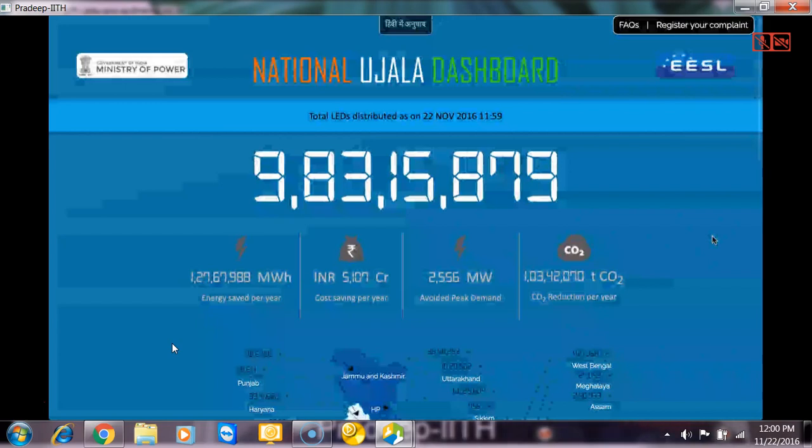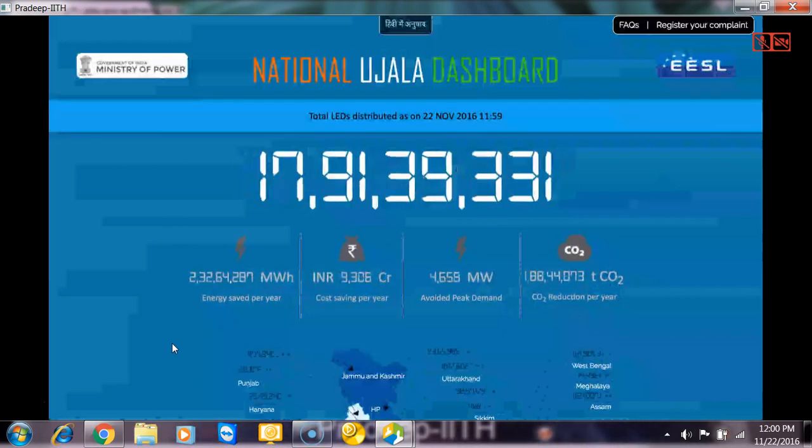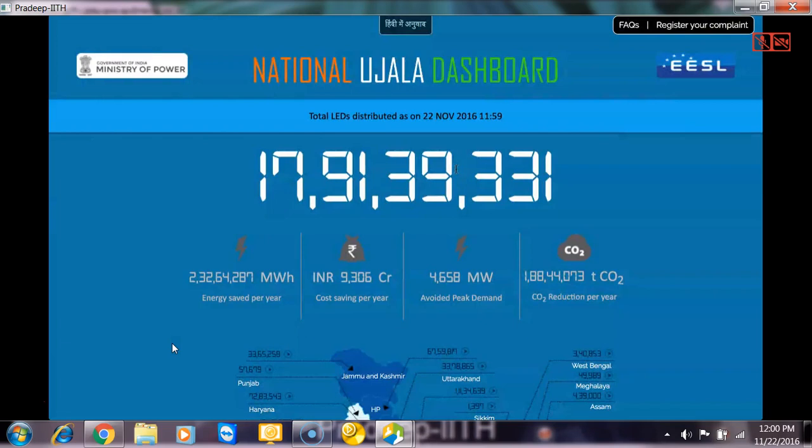What they are trying to do is replace the existing lights with LEDs. You know that LED gives more light with less wattage. So by replacing the old light with the new LED light, we are able to get the benefit in